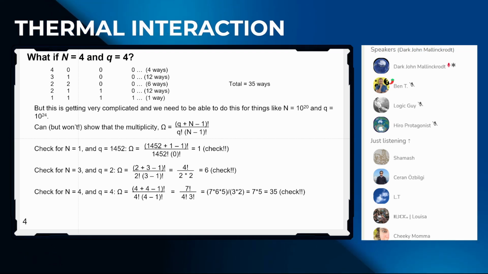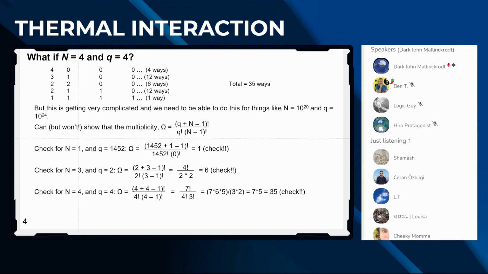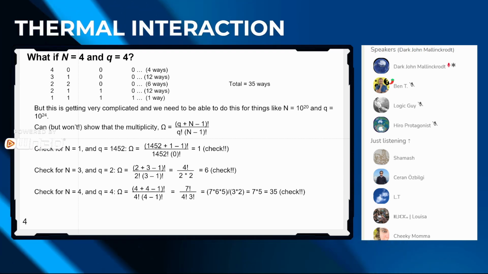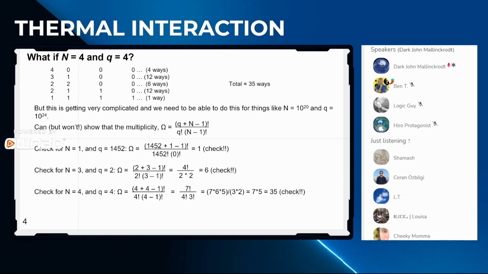So anyway, as I say, it's getting very complicated. We need to be able to do it for larger numbers. So I can, but I won't. It's not too hard. It's kind of a fun little problem to show that the multiplicity in general is given by (q plus n minus 1) factorial